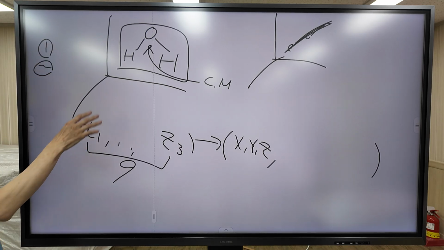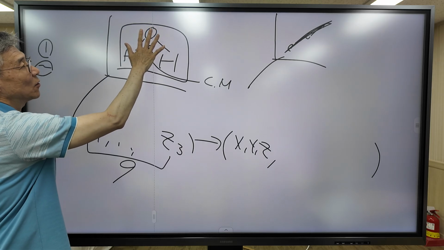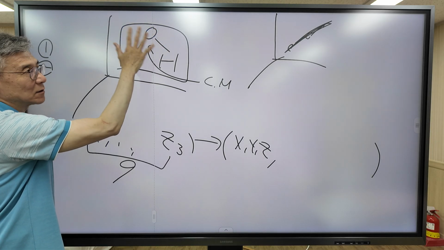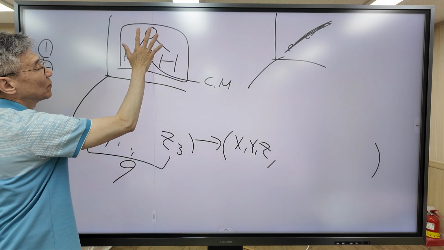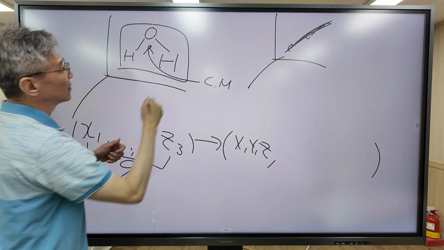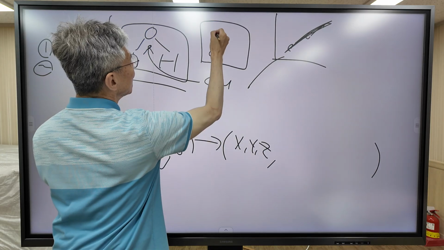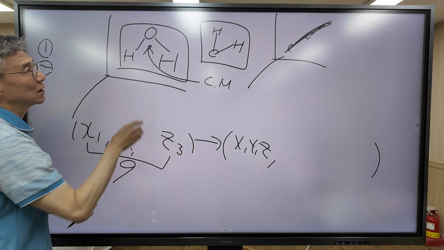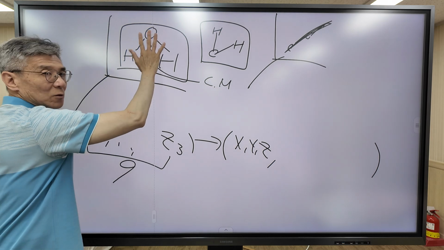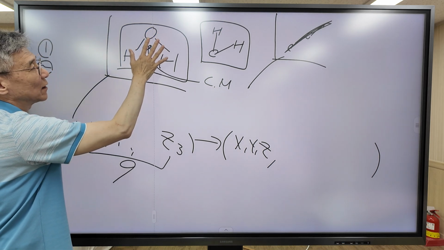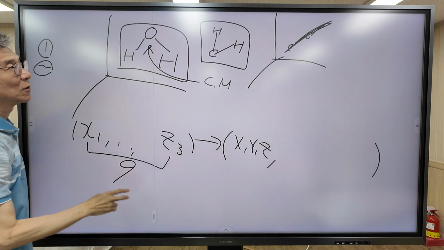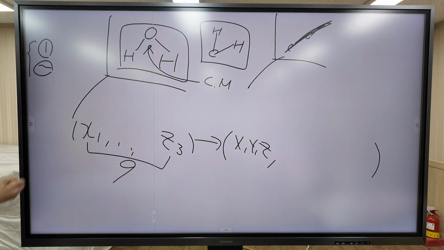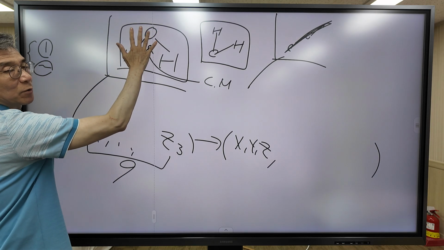To define the orientation, I'm going to take 2 steps. In the first step, I'm going to define the orientation of this plane. In the second step, given this plane, the molecule can rotate. Given the plane, the molecule can be in this orientation, or in this rotation. So we must define the angle to position the orientation of this molecule.